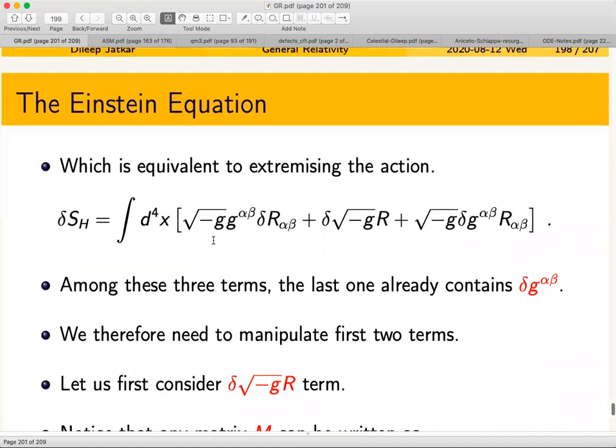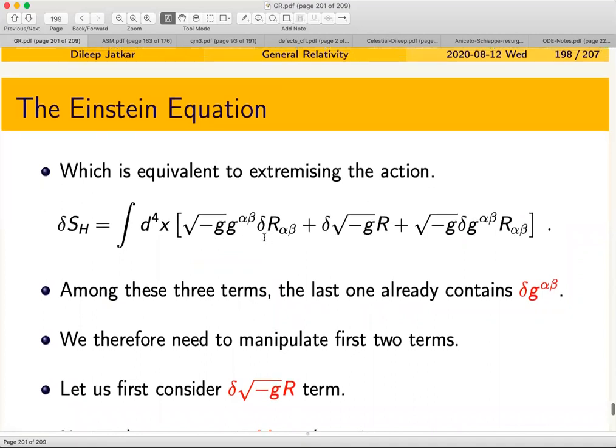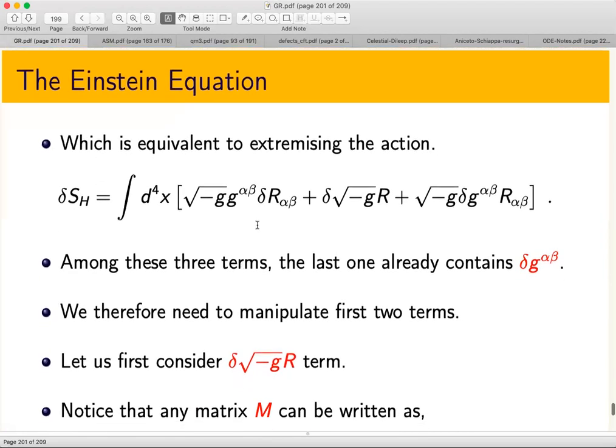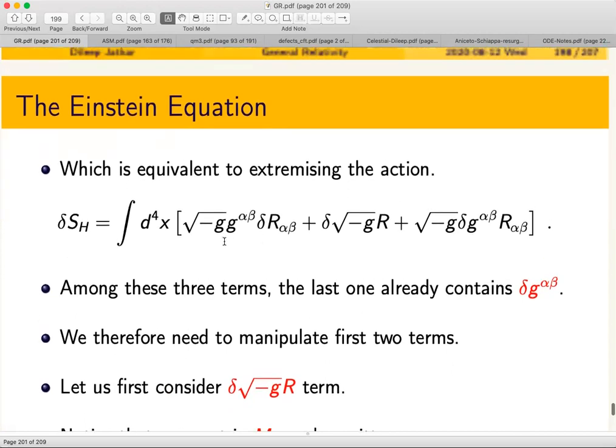We have a variation of R alpha beta, variation of root determinant G, and variation of G alpha beta inverse. Okay. We said we don't need to do anything with this expression. We have just manipulated this expression, and we have to manipulate this expression. Okay. What I'm going to claim is that R, which is written as G alpha beta times R alpha beta,